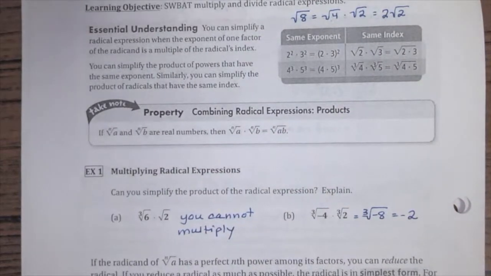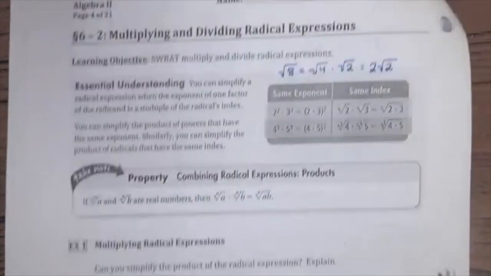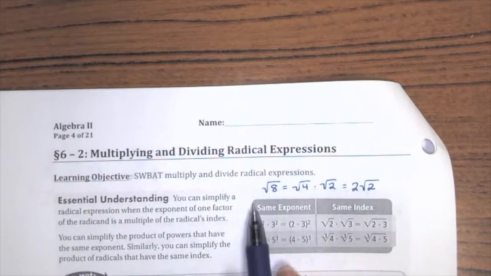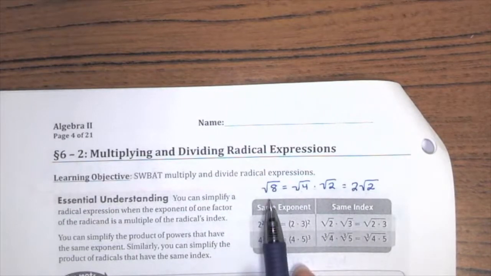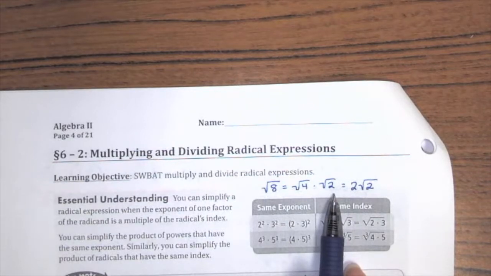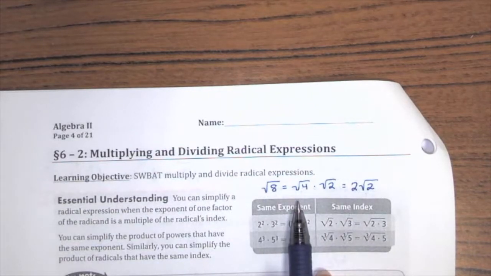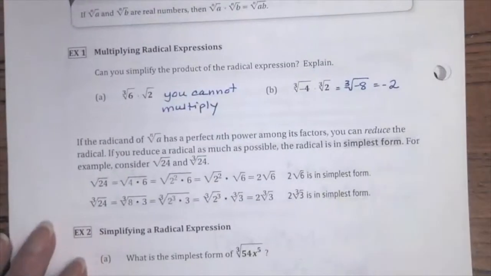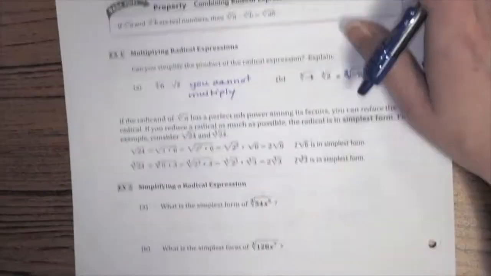All right, I will point out again, we already knew how to do square roots before, and we knew how to simplify square root of 8 by splitting it up into 4 and 2. We knew how to do that because we've worked with square roots before. We're going to do the same thing with cube roots now. So here's what we're going to do. At the bottom of this page,